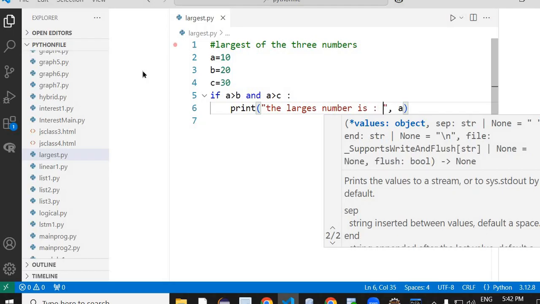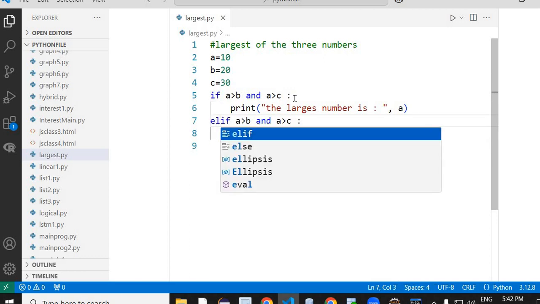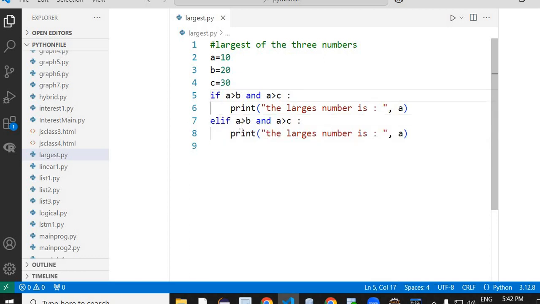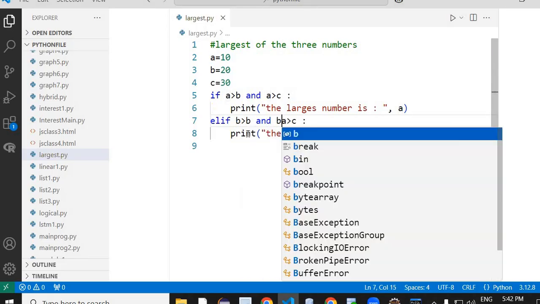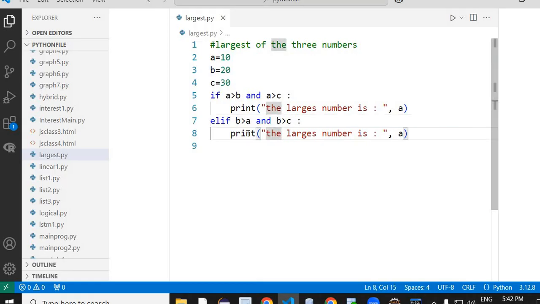And now once you have done this, do the same thing in elif with the b. Now put elif, which means if the first one is not correct, then it will be testing out for b, and b will be tested out for a and c. So a and this will be c. So here the largest number will become b, and after this you can put one more, that is for c,